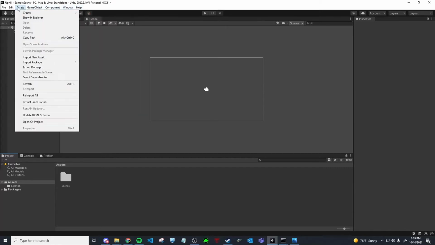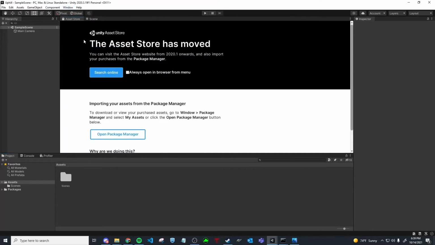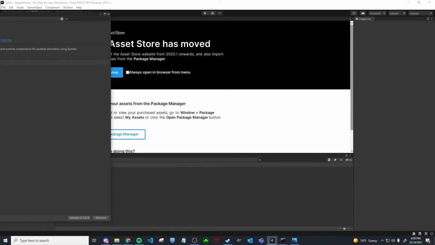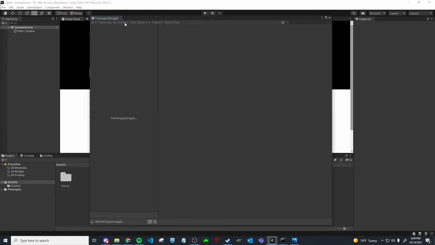So it's going to be under asset store. No. Package manager. There we go. And the packages that I have bought for this project so far are